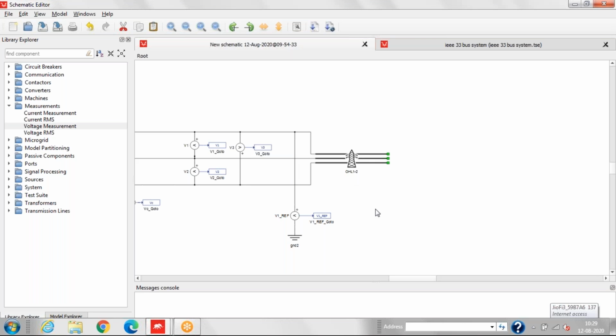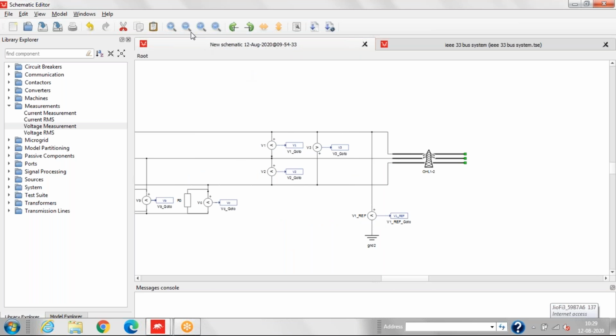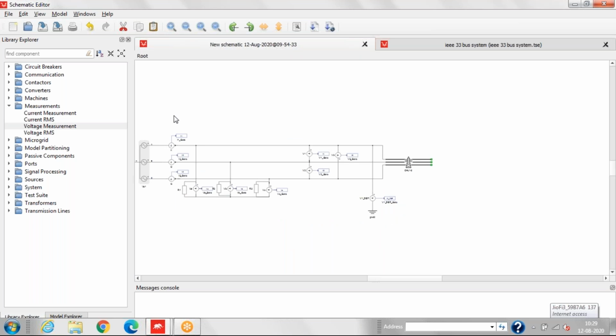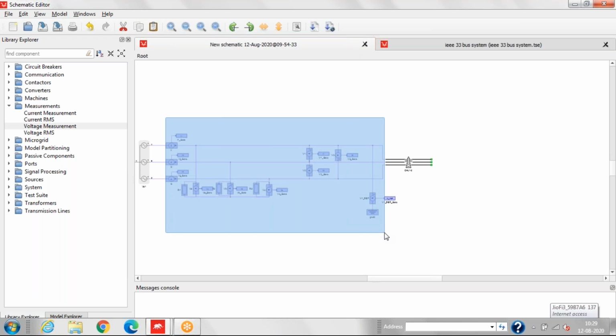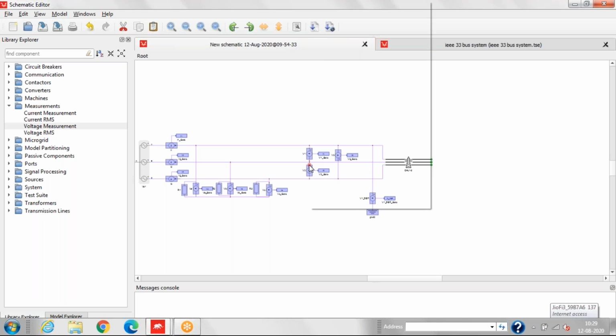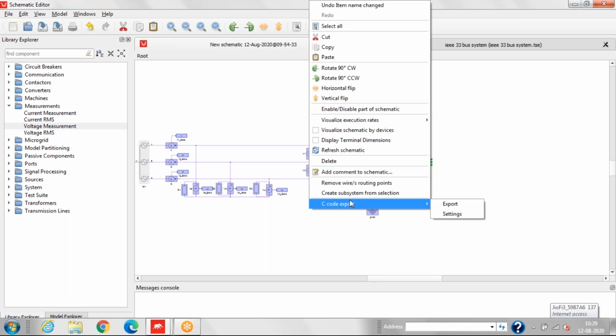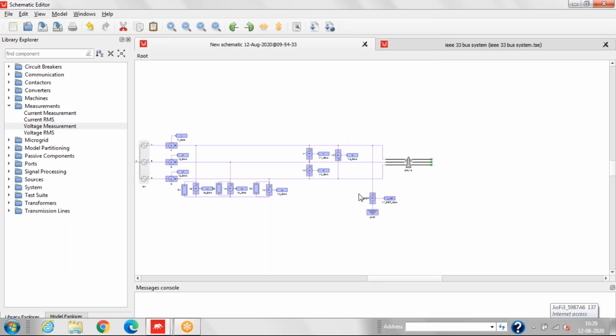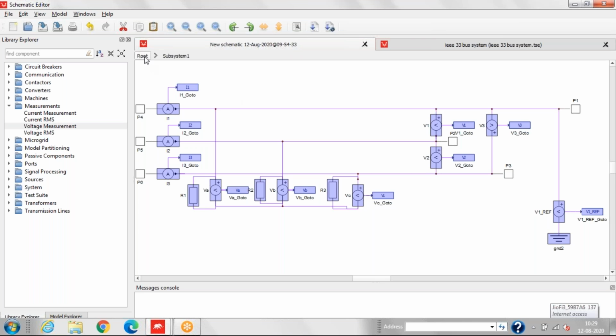So we have almost created the node. Now we'll select this entire component and right click, and then we have the option create subsystem from selection. So now we'll create a subsystem from this selection. So now you can see that we have one root system, then we have one subsystem 1.